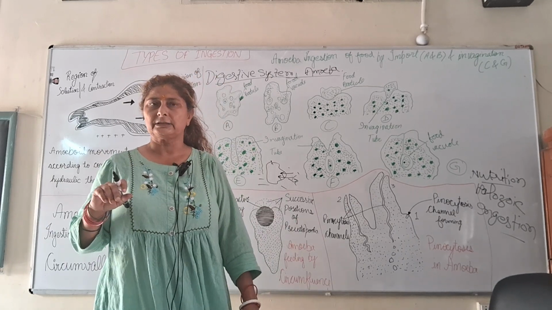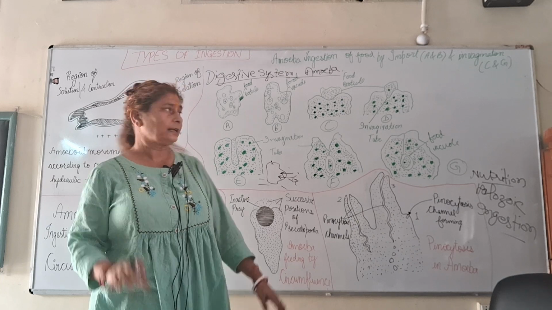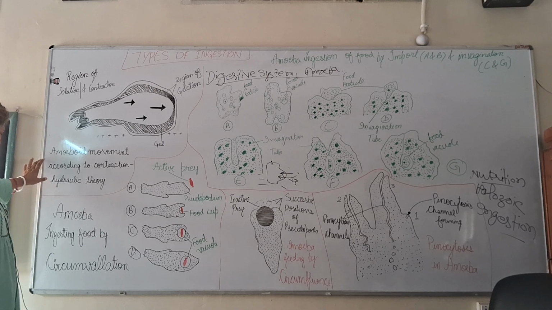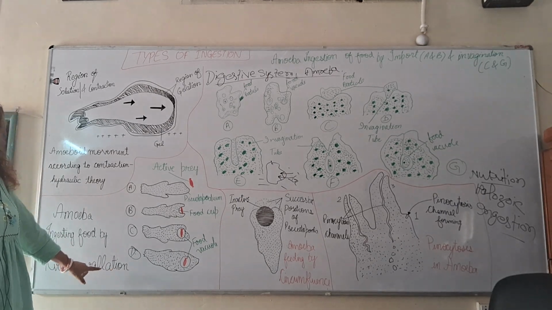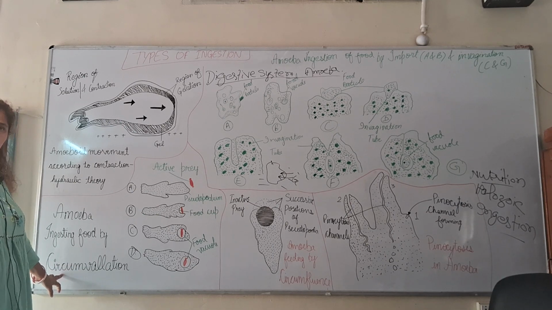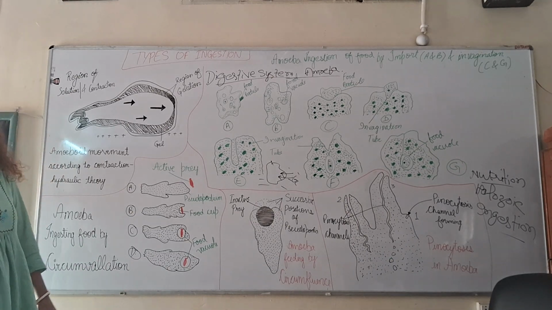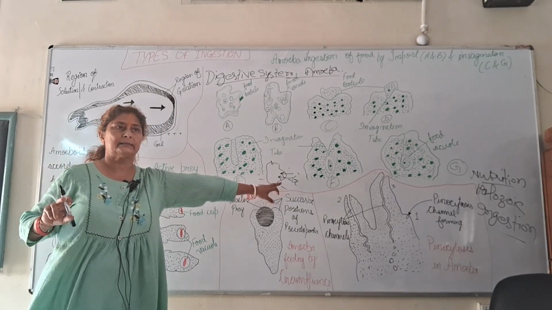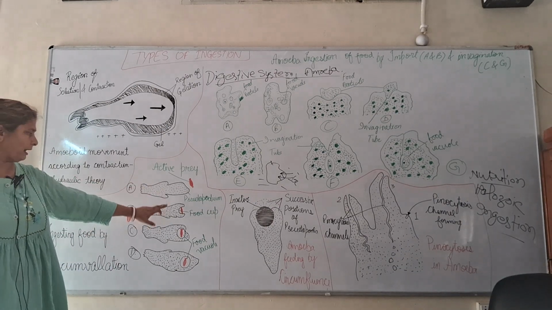Now other methods, interesting methods, of how they take the food. First, they take the food, ingestion, by circumambulation. First method is circumambulation. Now I am talking about the complex food. Simple food is taken by diffusion. Now complex food is taken by the